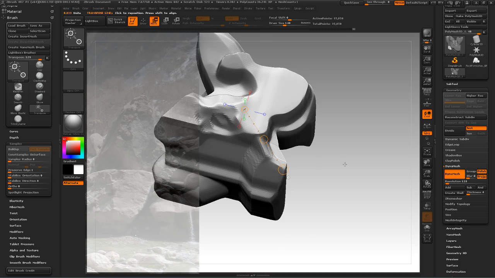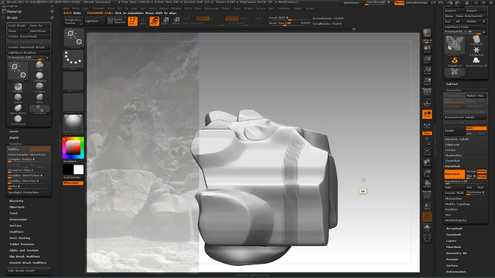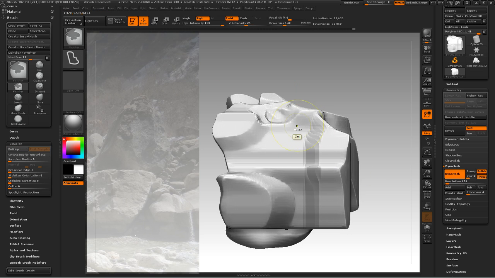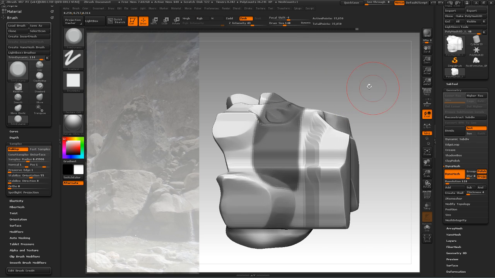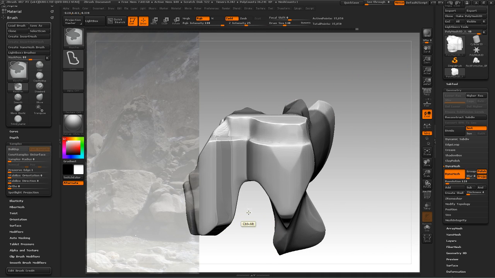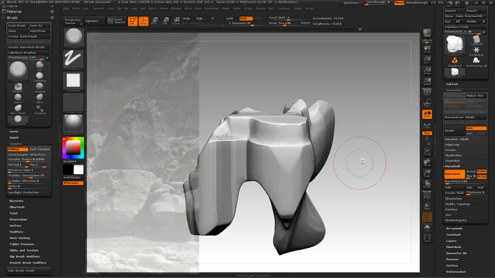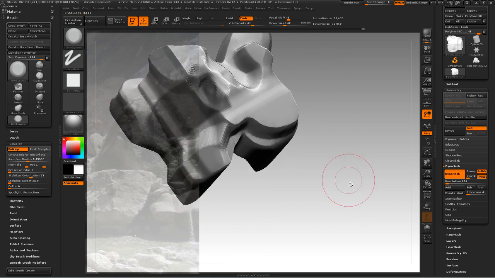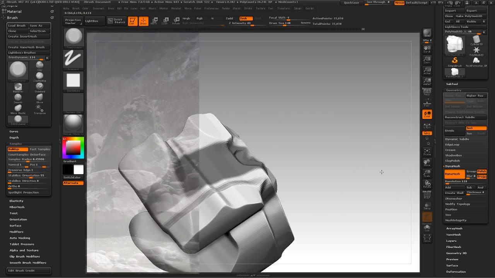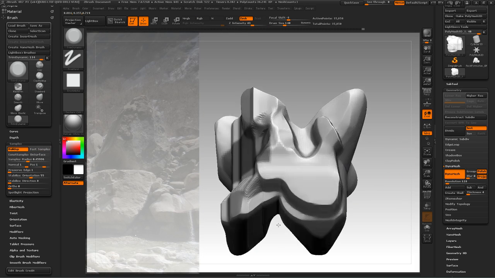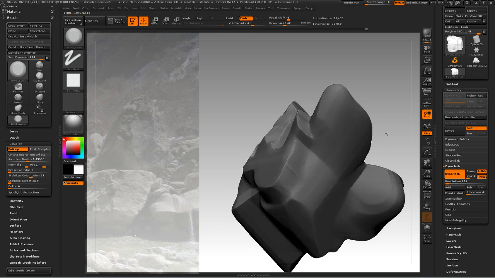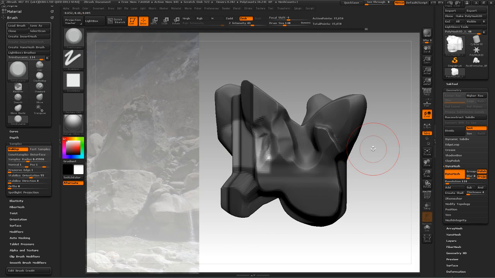Hit Control, and then what I could also do is mask this out. And unmask this out like we did before. I'm going to hit Control I, and then when I invert it,